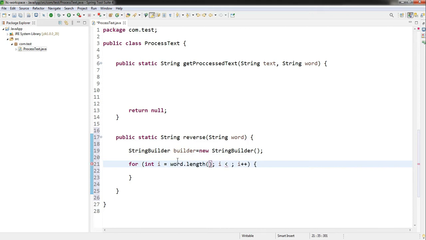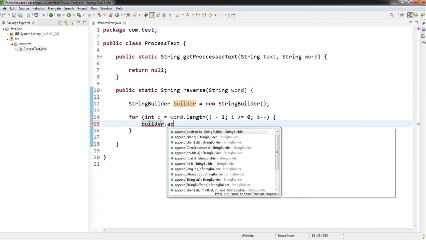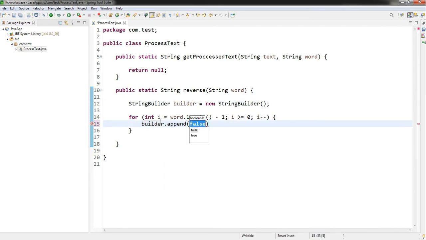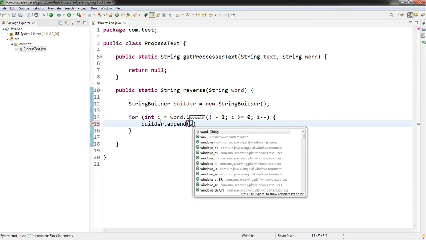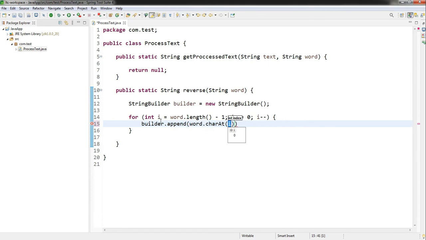First I will write that logic, how to reverse a string. I will make one more video on how we can reverse a string, and at that time I will explain this code. For now you can see it. Then builder.append of word.charAt of i.